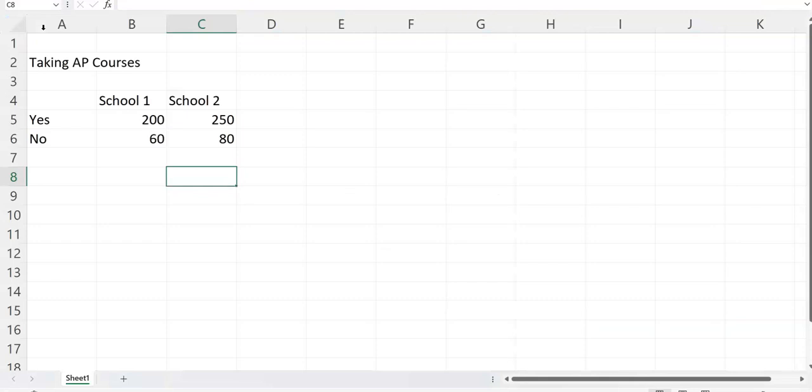Now let's look at an example. Let's say we have this data. We are looking at two schools, and we are testing if the proportion of students taking AP courses in school 1 equals the proportion of students taking AP courses in school 2. So what are the steps for this? The first step is we have to find the pooled